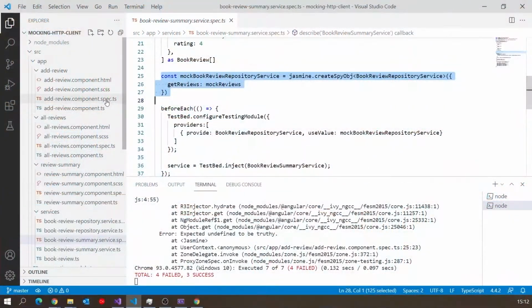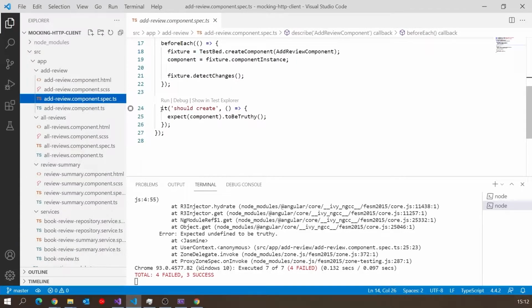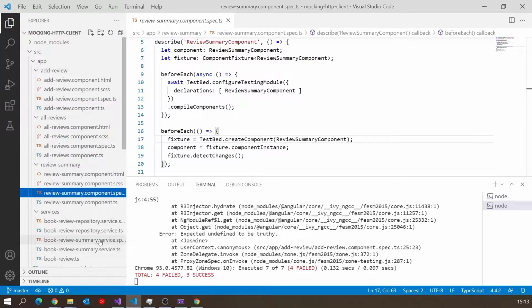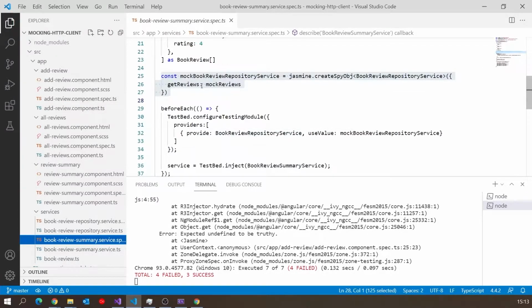One thing you'll also notice, actually, we don't really need to do very much with it yet, because all of these tests that are failing are really simply failing on their first auto-generated test, it should create. So we're not really testing that they're interacting with the HTTP client correctly, but in order to get them just to be created, we've got to have this mock idea. But thankfully, we don't have to do really very much work for ourselves, unlike when we were mocking one of our own classes. So as we saw here, where we had the summary service tests, we had to use this Jasmine create spy object and do all of that work that we looked at in the earlier video.